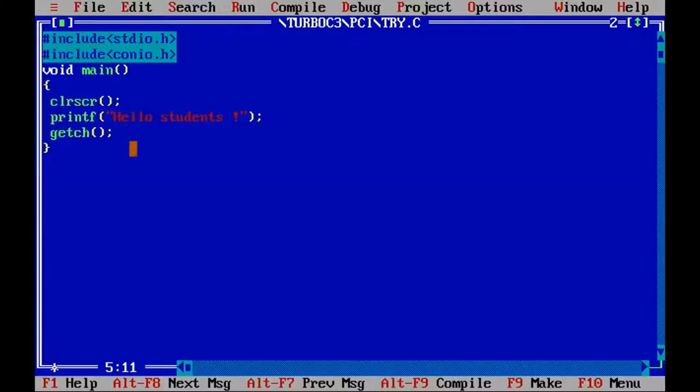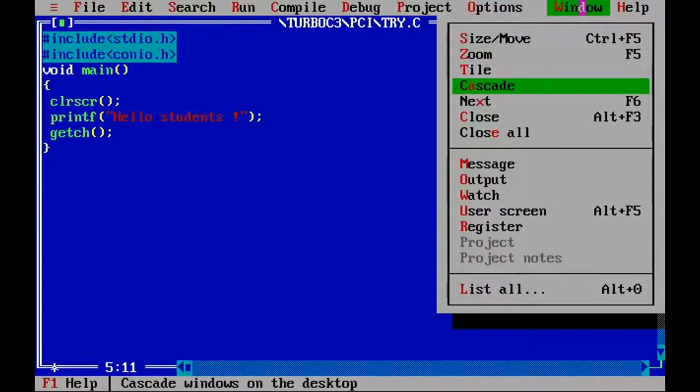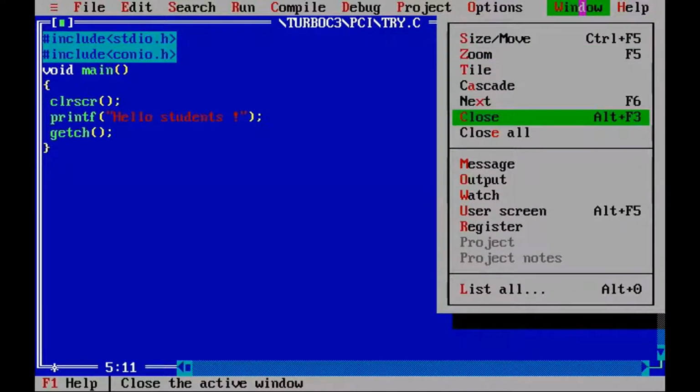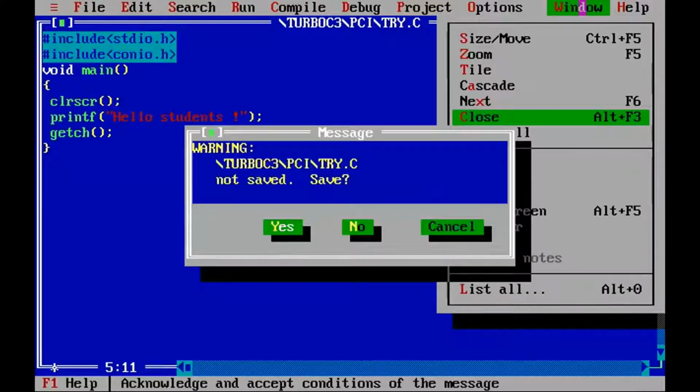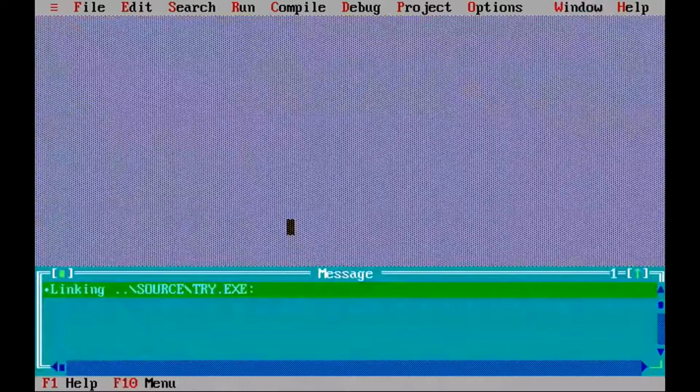So like this, after running your program successfully, you can close your program either using this top left corner square button, or I already told you in window menu there is a close option, so you can make use of it, close, or you can use the Alt F3 key also. So like this, it will be closed. It will give the warning message, whether it is saved or not. I already told you that there is a star symbol there. It indicates that your file is not saved. That's why this message is displayed. So I will say yes, I want to save. So press Y, it will be saved.